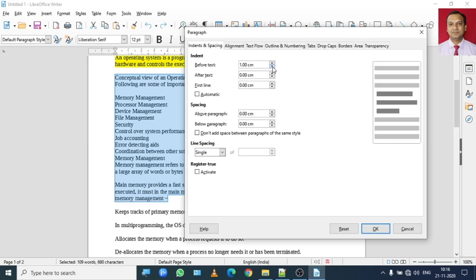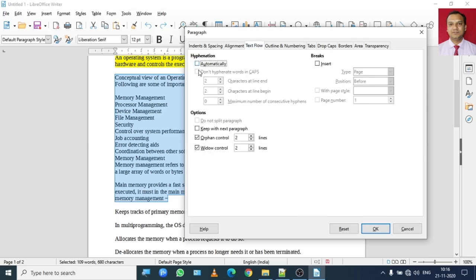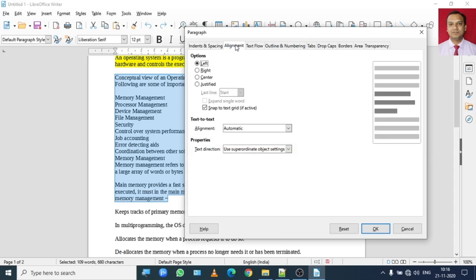So let me take it to the 0 level because I do not want to make any changes in the paragraph. Then alignment: you want your document to be left aligned, right aligned, center aligned, or justified. According to your choice, you can make the proper alignment. Then all these are for advanced level of formatting. So basically